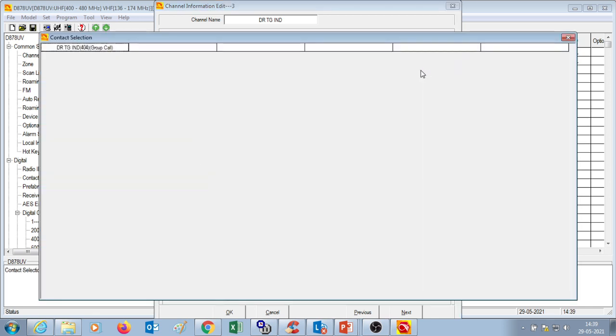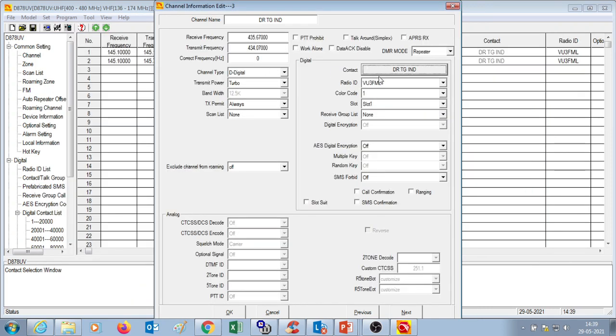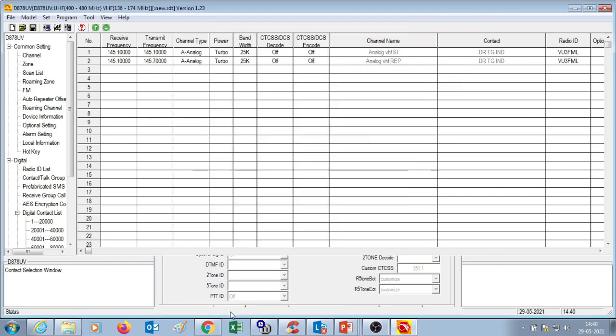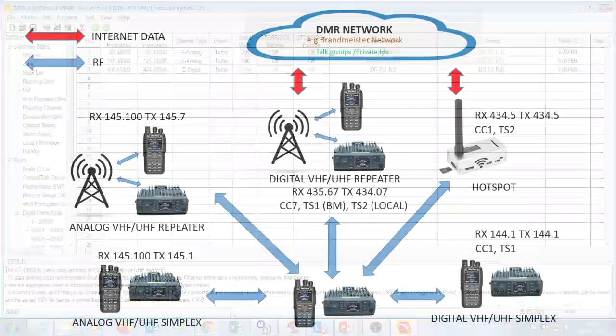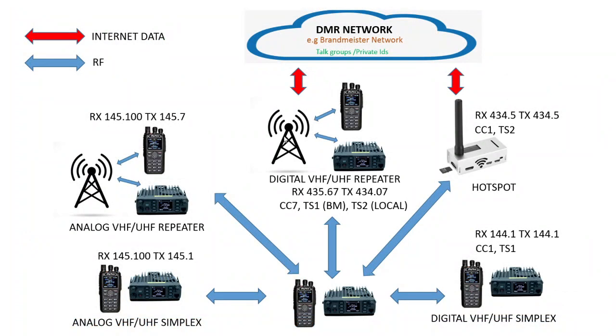And contact, if we press here, we have defined the contact for the talk group of India, and we double click it. So the contact will be this. The color code, we saw that it has been defined as 7, and time slot is defined as 1 for Brandmeister. We saw that earlier. Okay, no other changes are required. We'll press OK, and we have defined the channel for a digital repeater accessing talk group 404